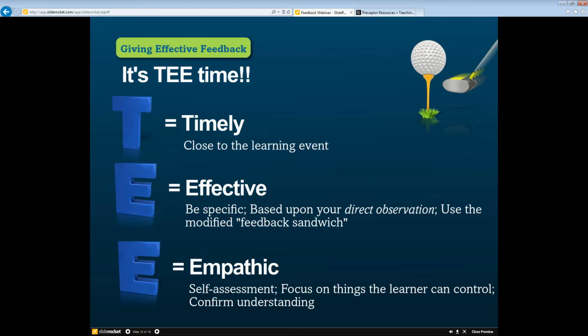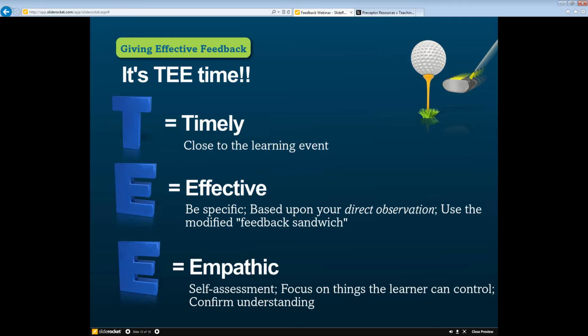Focusing on things the learner can control is always a key issue. Our learners can control the tone of their voice and the volume at which they're speaking. They may not be able to control the quality of their voice, for example, if it's a very nasal quality or something that to you sounds a little bit difficult to deal with. You may have to give them feedback on speaking loud enough for elderly patients, if that's the case, or slow enough if they speak quickly. But those are things the learner can control, and there's a lot of things they can control, but focus on those things that they are able to control.